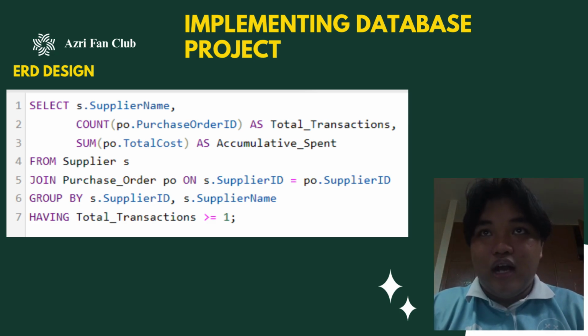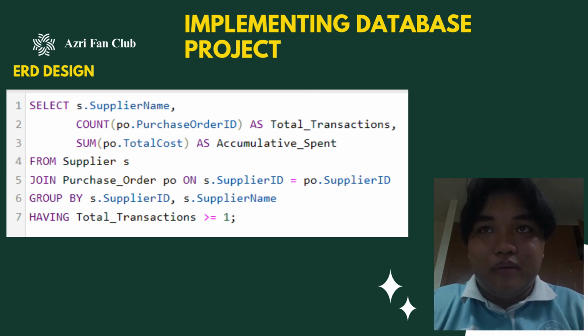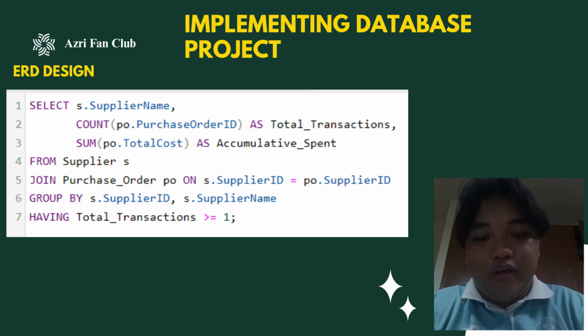This query focuses on our supply chain expenses. We want to see how many transactions we've made and how much money we've spent with each supplier. We join the supplier table with the purchase order table. We use group by to separate the financial metrics per supplier business identity. We apply having count of purchase order ID more than or equal to 1 as a final filter to isolate active suppliers, ensuring that vendors with zero transaction histories do not clutter our management report. This allows our purchasing department to quickly see which suppliers we interact with the most and where our procurement budget